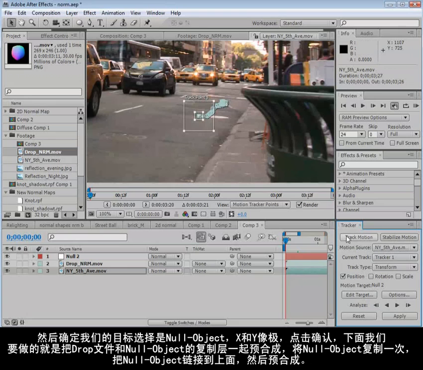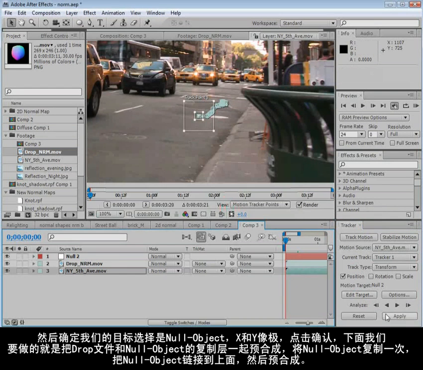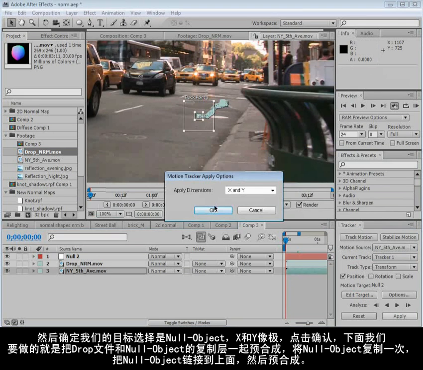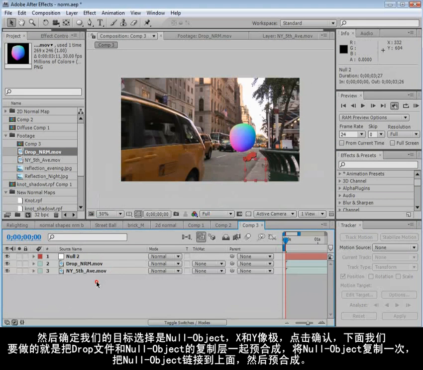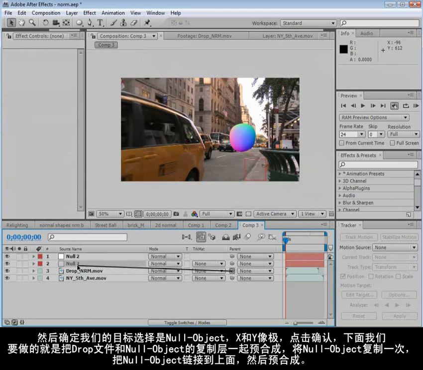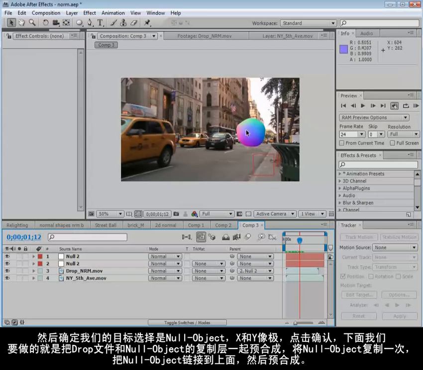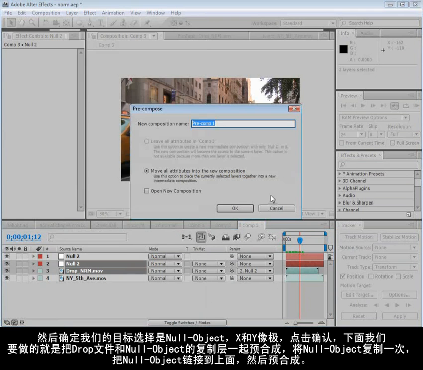So once it's tracked, we can edit the target, make sure our null is selected, and click Apply. X and Y, hit OK. Now I'm going to pre-compose the normal drop with a copy of the null object. So I'll duplicate it. So first I'll parent it to that so that when we move this around, it kind of stays in that position. And then we'll take the null, the drop, and we'll choose Layer, Pre-compose. We'll call this Drop